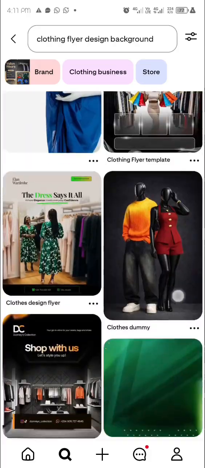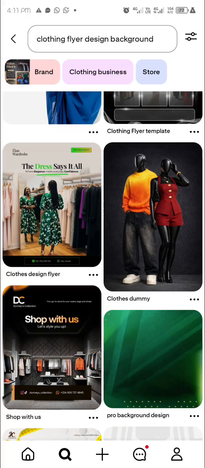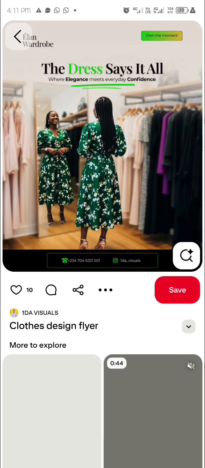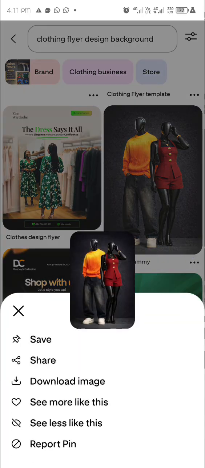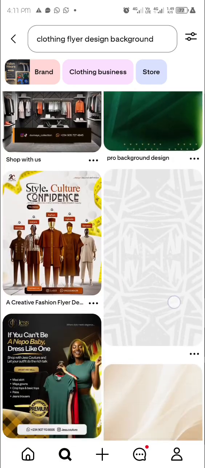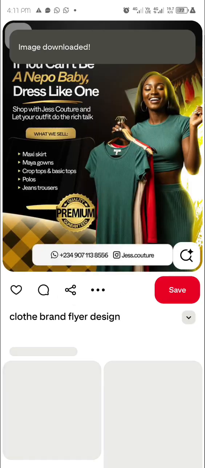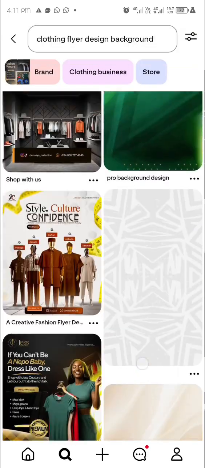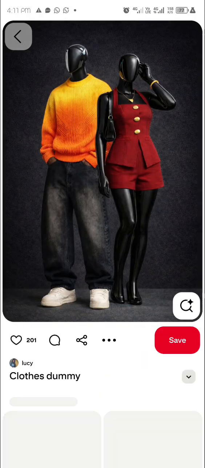See, when you're coming to design, the less you add, the better it is. Look at this design now. Not too much information, very, very simple, and it's attractive and it's catchy. So let me look also for, let's take this download image. Look at this, very beautiful. And look at this too, very nice. So I need image of dummies,